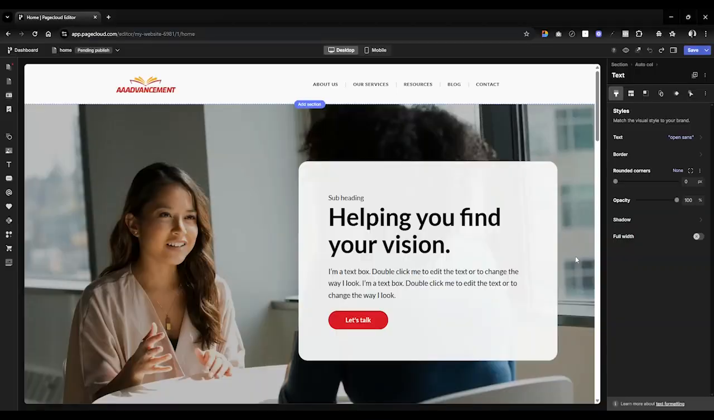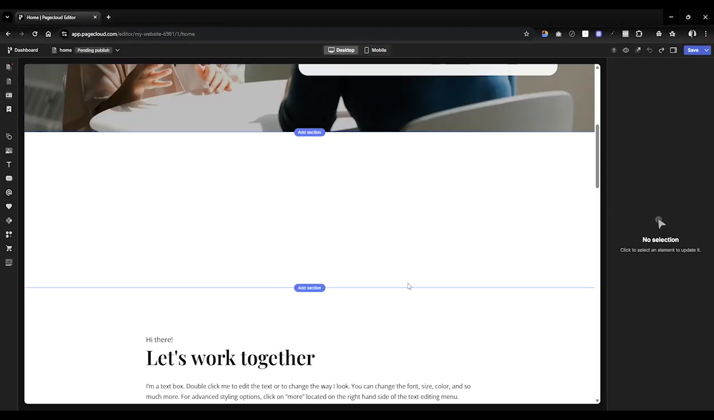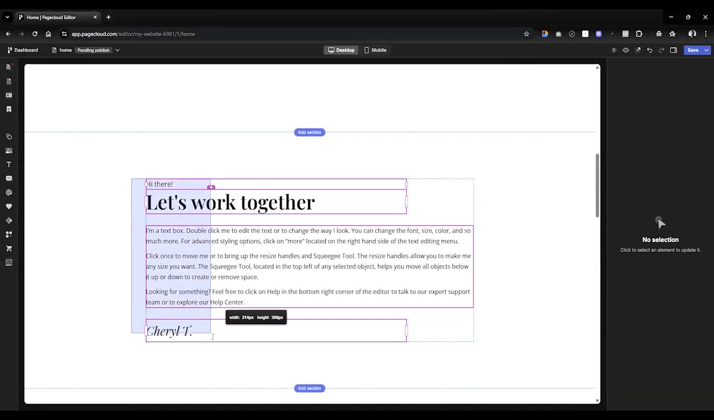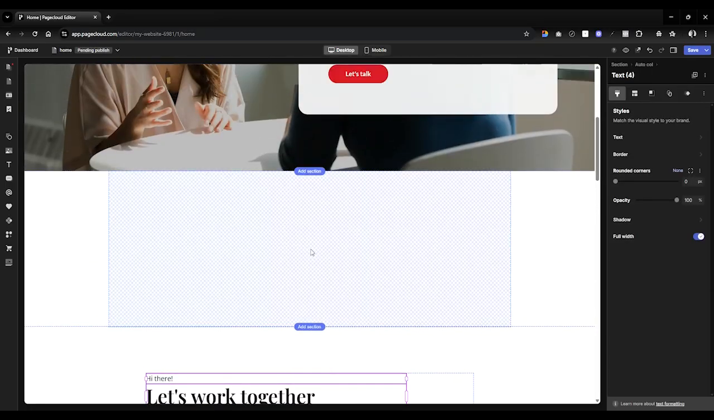Let me show you the difference between manual and auto layouts in Pagecloud. Okay, let's start by creating a brand new section in Pagecloud. This one's going to use a manual layout. Now, manual layouts can be a lot of fun. They give you tons of creativity, and you can drag things anywhere you want and make something that looks really